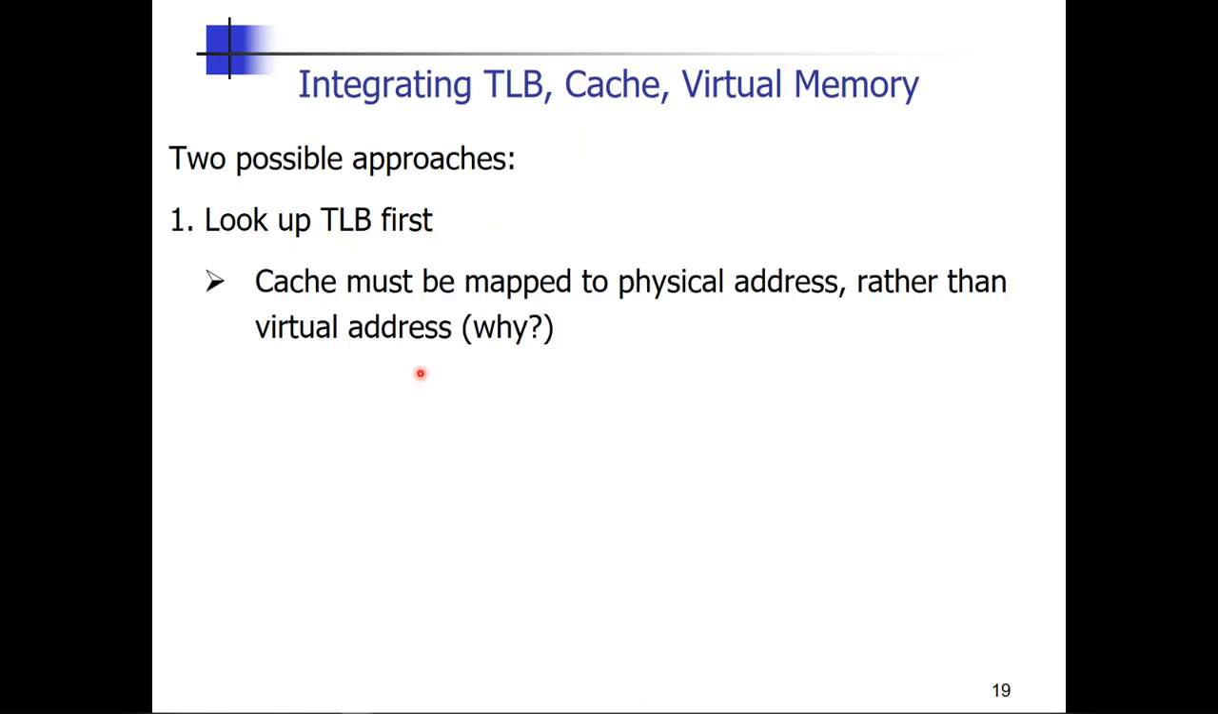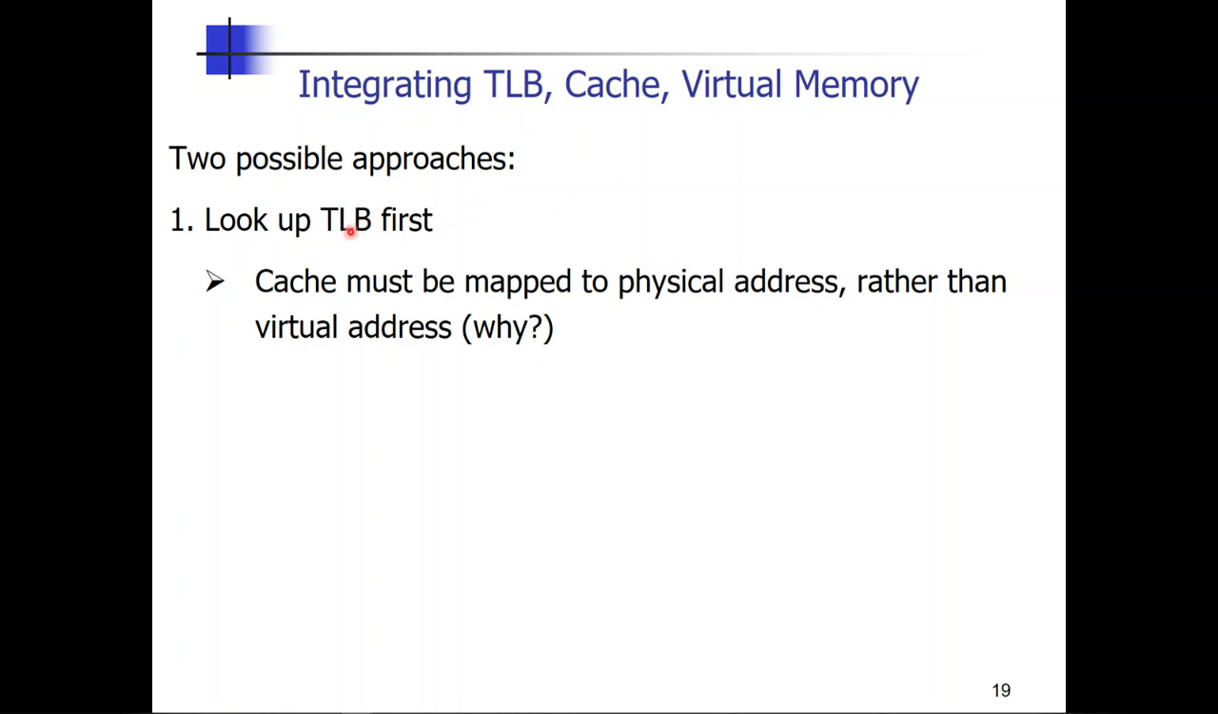Now let's put all of these together: the translation lookaside buffer, the cache, and the concept of virtual memory. Which one do we do first? There are essentially two possible approaches. We could look up the TLB first, which means that if we look up the TLB first